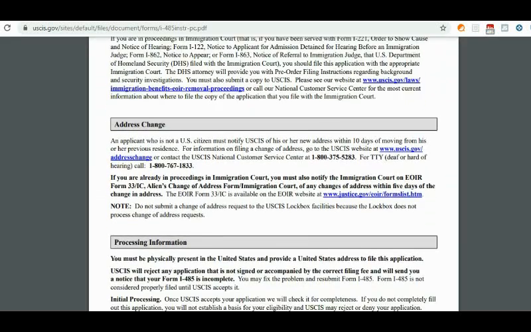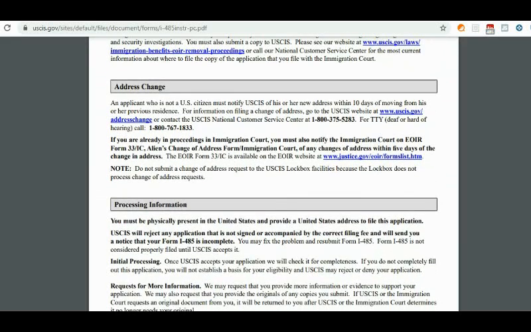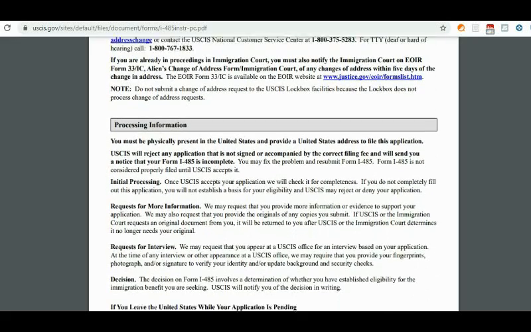If you change address, okay, for this one, change of address, an applicant who is not a U.S. citizen must notify USCIS of his or her new address within 10 days of moving from his or her previous residence. So if you move to a different address, you have to notify USCIS within 10 days, okay? That way they won't send your mail to the old address. All right,